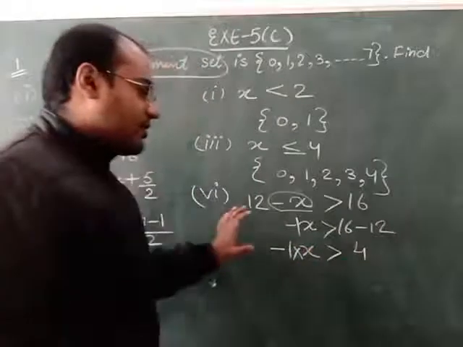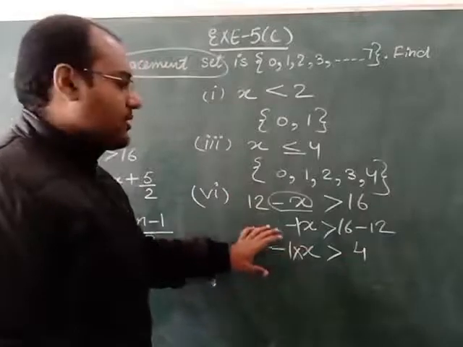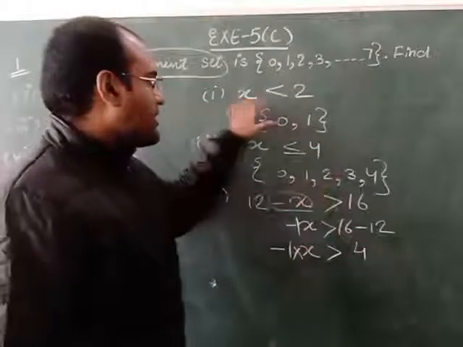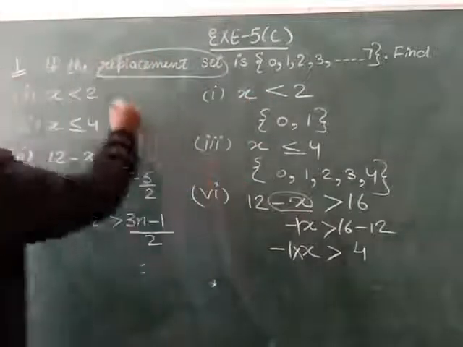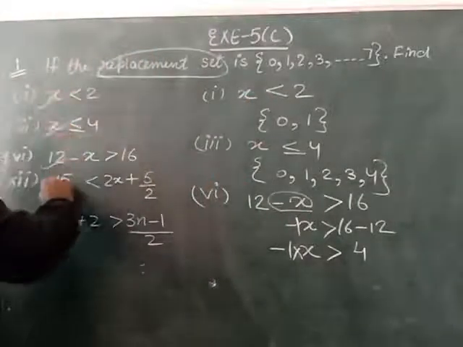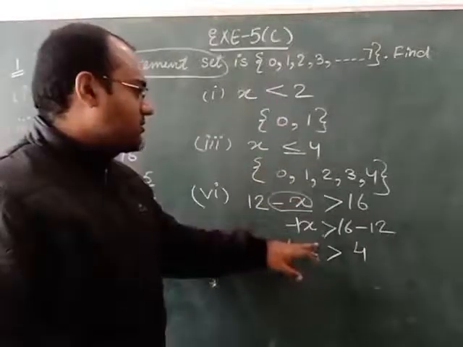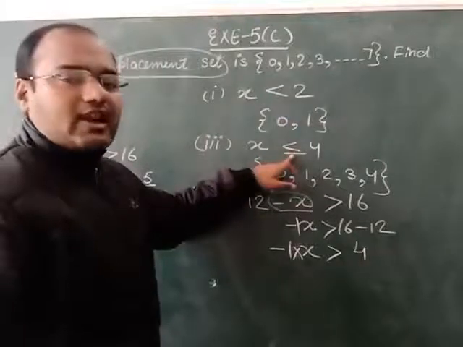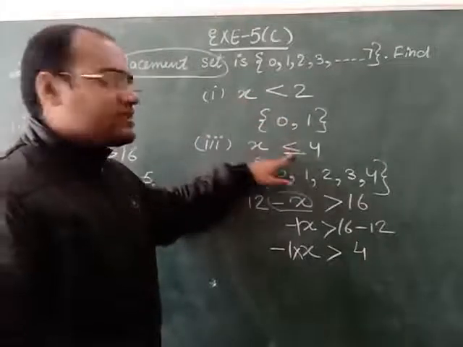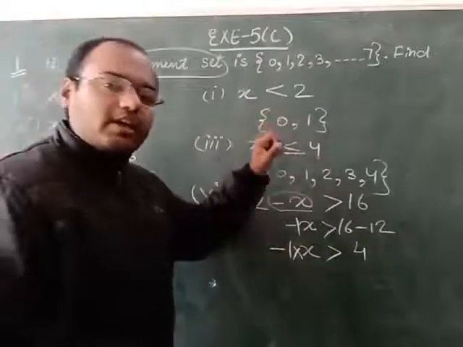And here in this you have to use one rule. These all are inequations. These are called linear inequations. These all equations are known as linear inequations, and these are the symbols. Here we had used the less than sign. Here we had used the less than equal to sign. These all are the symbols of inequality. These all are known as symbols of inequality.